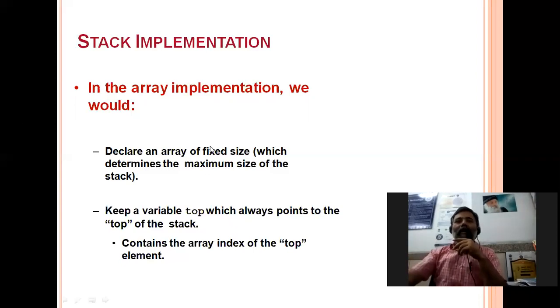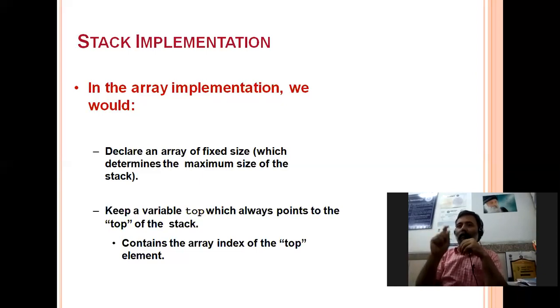Now, we can have an array of fixed size, and whatever the size of the array is, it will be the maximum size of the stack also. We will keep a variable top, which always points to the top of the stack, and this will contain the array index. For example, when we are inserting elements, the first will be stored at the 0th position, then first, then second, and so on.